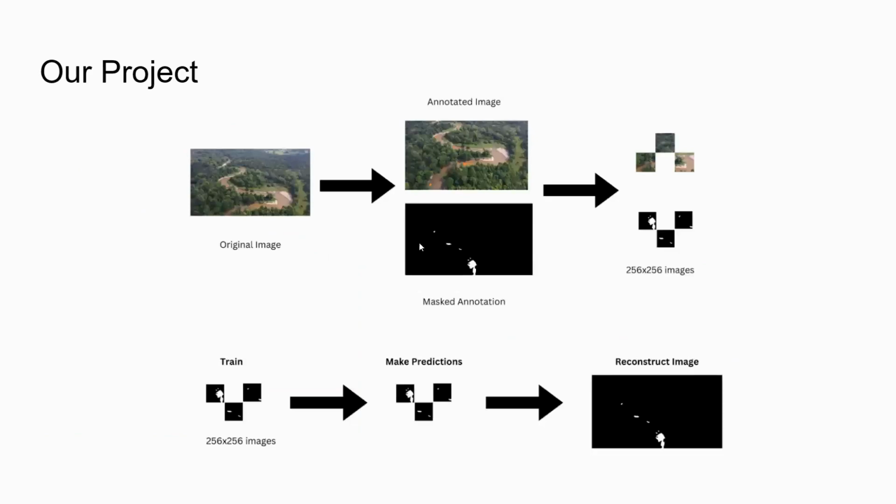So the training process is quite simple. Given a bunch of drone footage, we asked some human labelers to color out where they thought there was debris. We converted that annotation into a black and white mask, and we cut the mask and the original image down to smaller sizes for ease of training. Once the training is done, we can make predictions on the cut versions of the image. And since they were cut with a specific pattern, it is quite easy to reconstruct the mask once all the